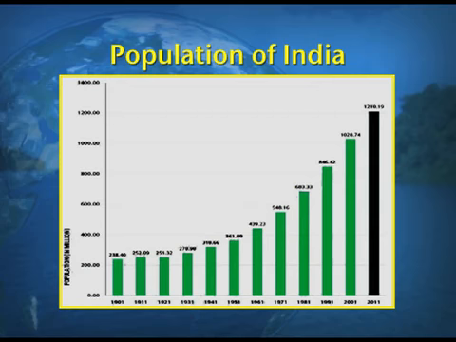As I told you, every 10 years a census is conducted. So, this diagram, which is a bar diagram, shows the population of the different census years. If you look at the diagram, you can see a progressive curve with every census year. So, first in 1901, when the population was 238 million, then 1911 with the